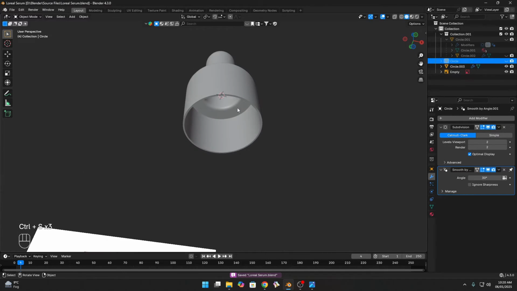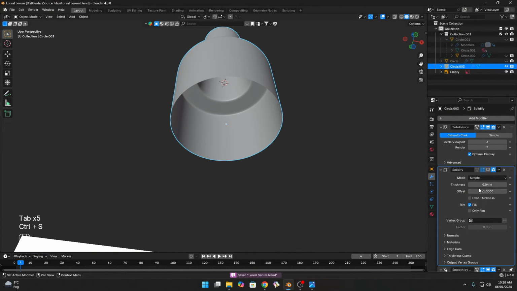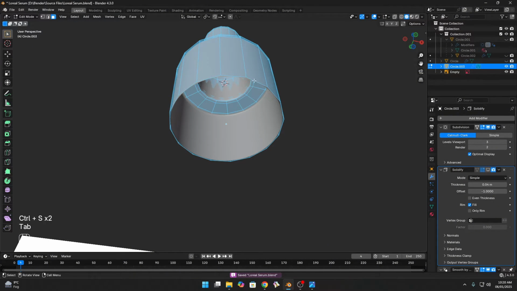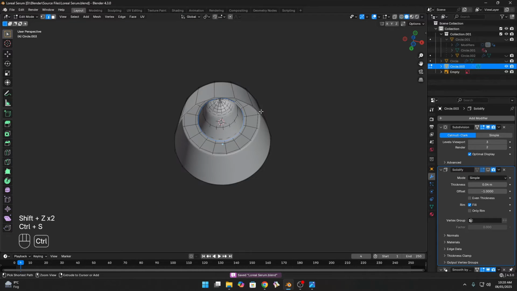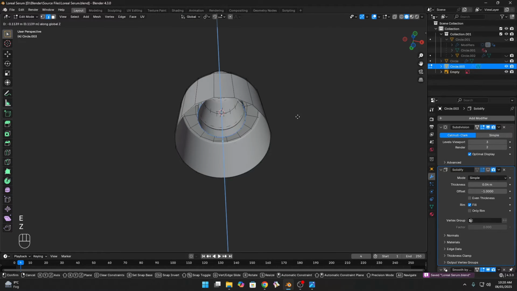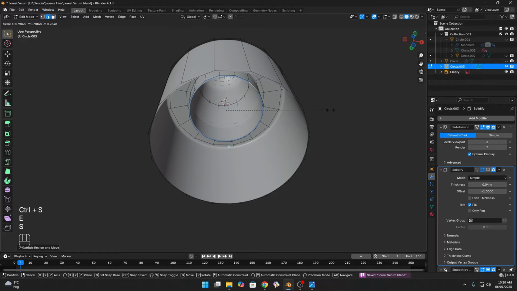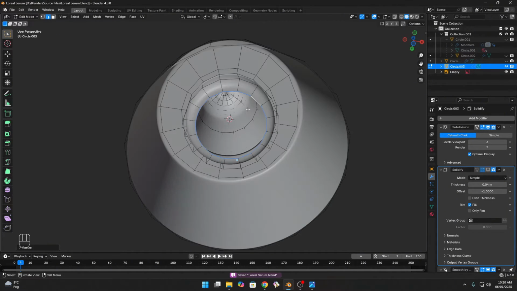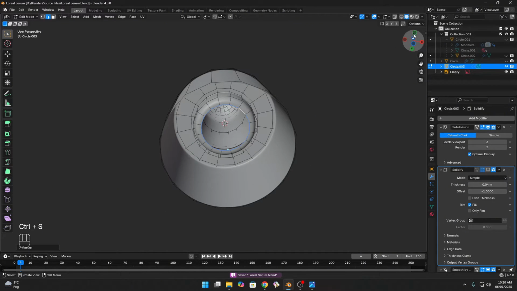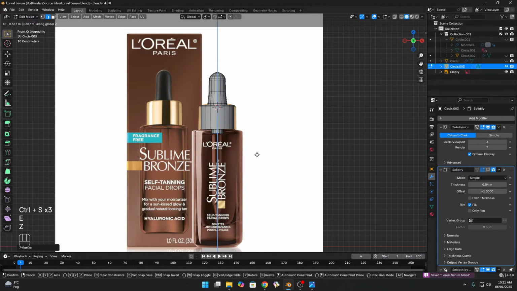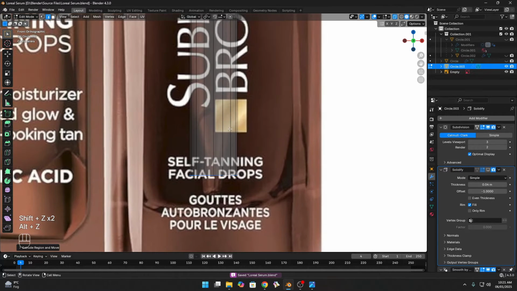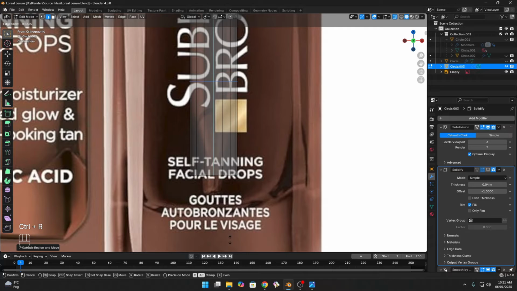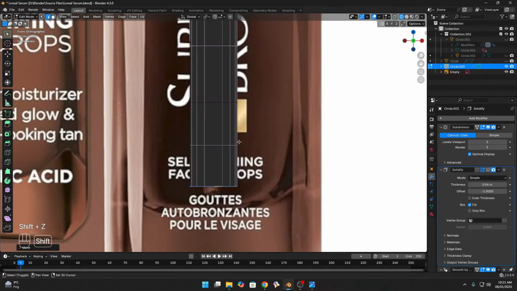Just unhide this, go to edit mode, first hide the solidify modifier from the viewport. Now select this loop and extrude on the Z axis, then press E to extrude and scale it down to decrease the size, and go to front view and press E and Z to extrude on the Z axis. Go to wireframe mode, add a loop cut here and one loop cut here and move a little down like this, and